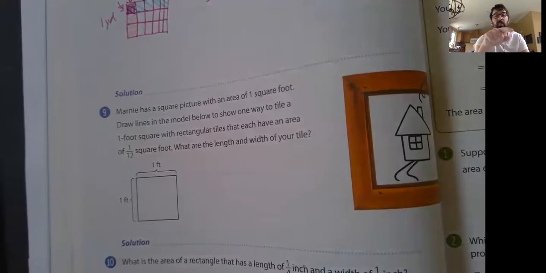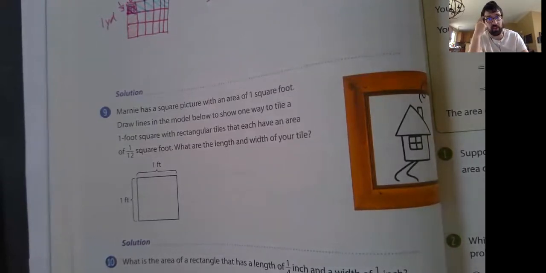The key here is to talk about 1/12. So we got to think, well, what combinations can we do to make 12? Think about your multiplication facts and different ways you can make 12. Well, I know right off the top of my head, I can do 1 by 12. I can do 2 by 6. I can do 4 by 3, right? So those are going to be the easiest ways to make